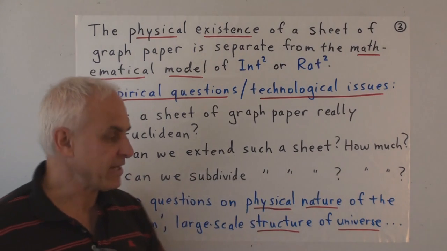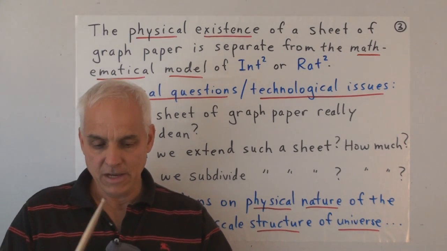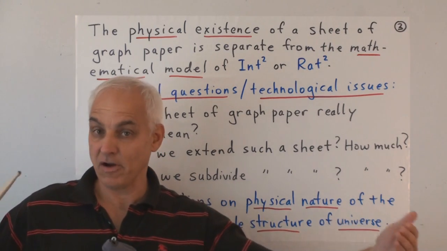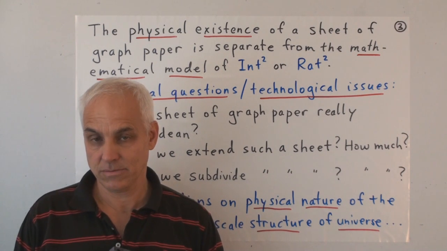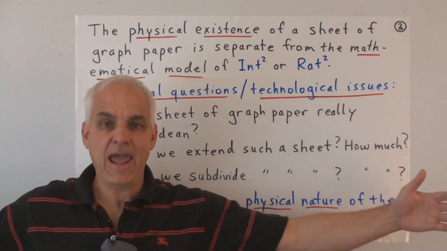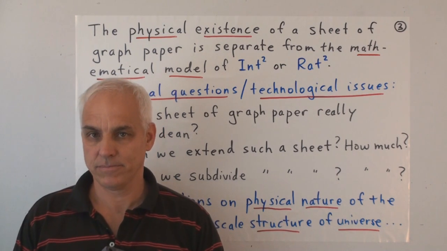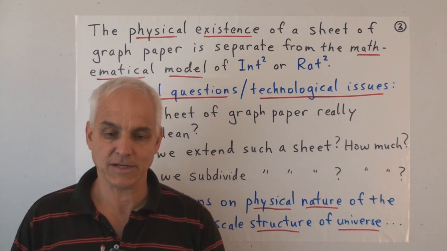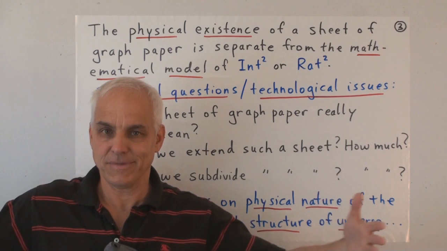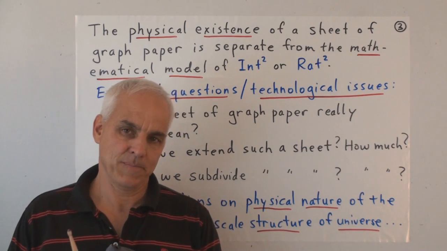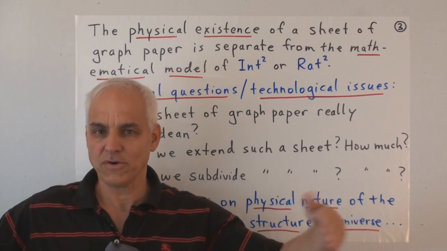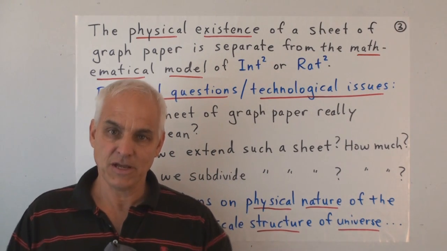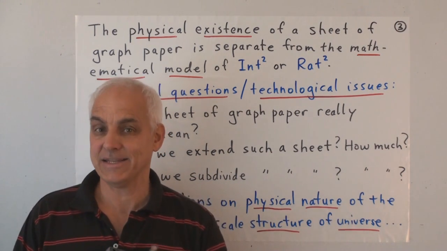Another question is, can we extend such a sheet of graph paper? In many of our constructions, we might be interested in extending the axes perhaps quite a long ways to deal with very big numbers or very small negative numbers. So a natural question is, well, to what extent can we extend this graph paper? Obviously, there are physical barriers because we're living on a planet Earth of only a certain size, and of course in practice it's hard to get a piece of paper that's too big. But even theoretically, the large-scale structure of the universe may actually be kind of closed. There may not be room, even theoretically, in the universe to have a sheet of graph paper that, for example, extends indefinitely.